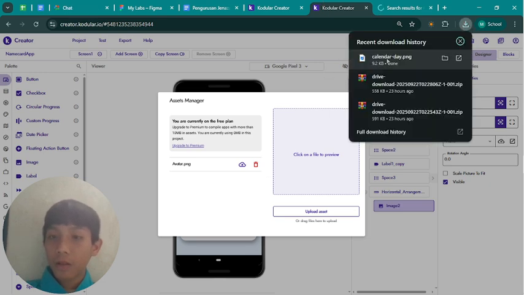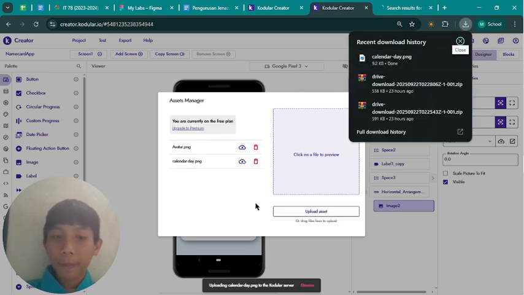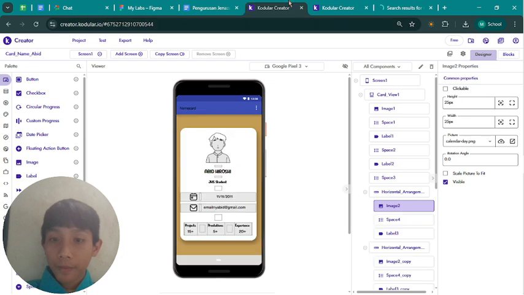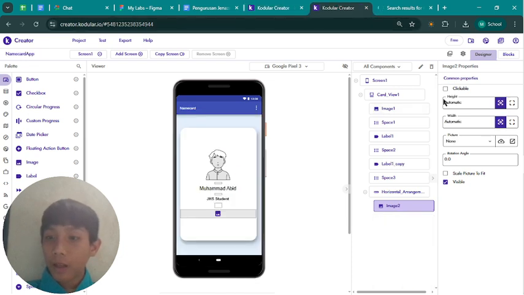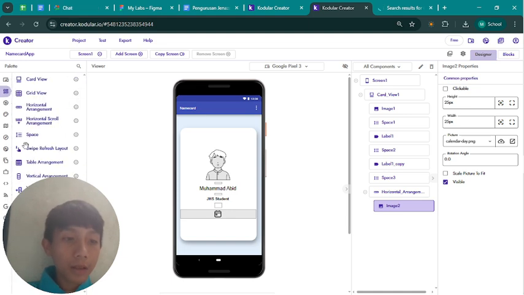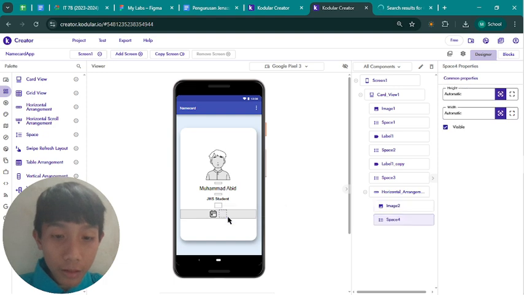And then you drag. Okay, and then for the image, the height and the width is 25 pixel, and the picture is the calendar. And then you add space again, space beside the calendar icon.